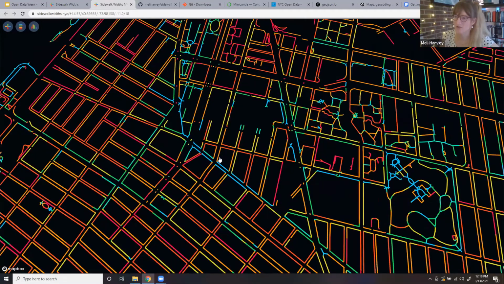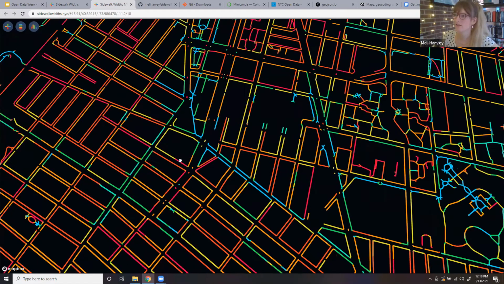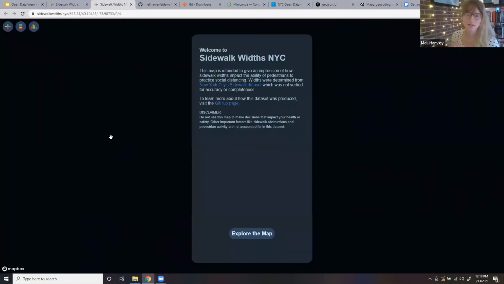And so blue and green are very wide sidewalks. And then as you go to yellow and then orange and then red and then this dark pink, the sidewalks get thinner and thinner. And I think I'm going to conclude the presentation part there,